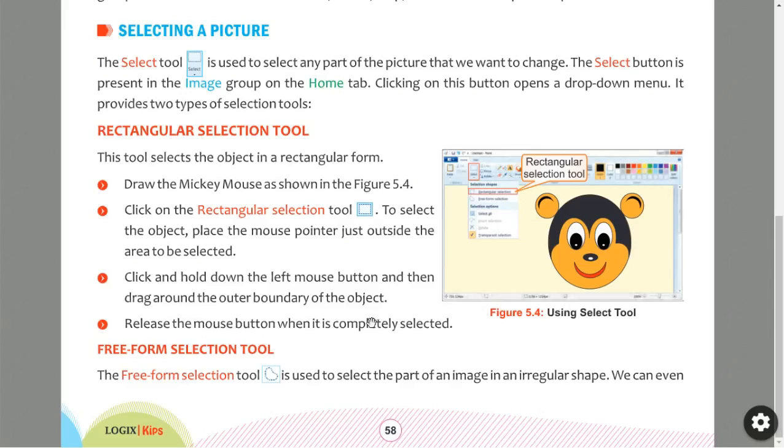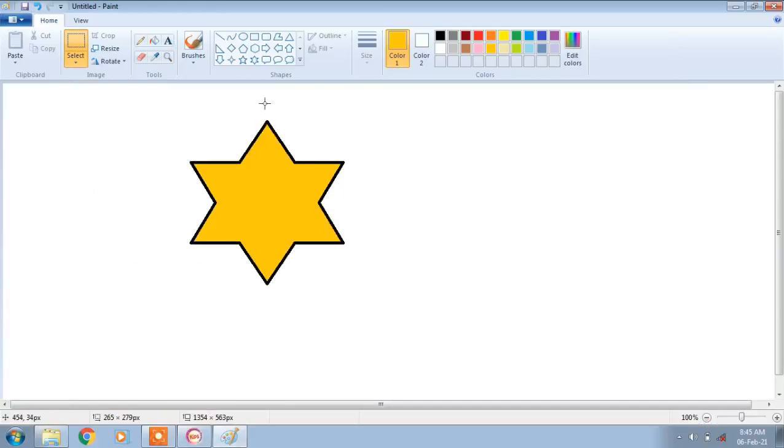Don't release the mouse button. Drag it till your selection completes. Then you release your mouse button.